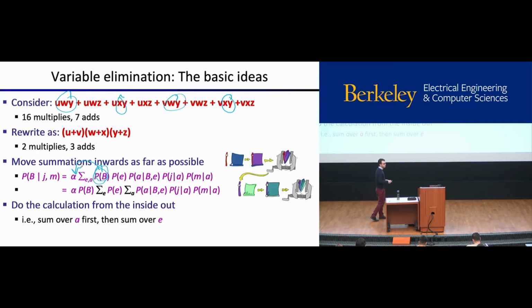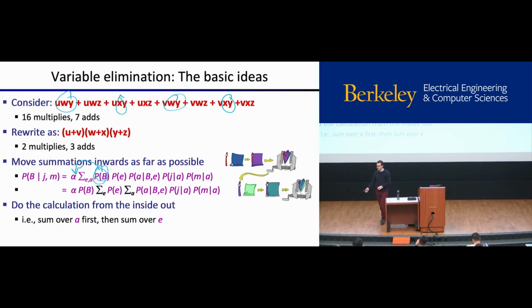Then what we're going to do is the calculation from the inside out. So we start with the A, we multiply all the A terms together, we get some sort of distribution, then we sum out the A, and then we multiply whatever that is by P of E, sum out the E, and hopefully this is going to compress the work. We multiply 2 distributions together, we squeeze out 1 variable, we multiply a couple more, we squeeze out another variable. And so this is hopefully going to save us some computations by doing them in a reasonable order.